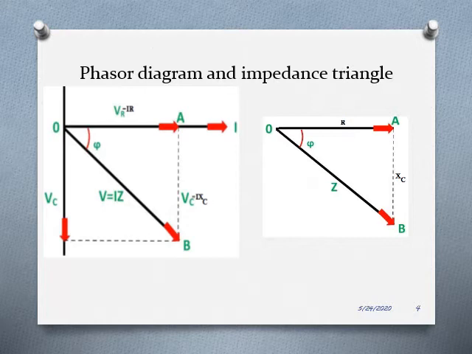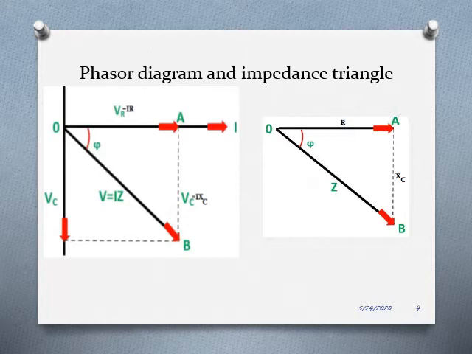We have already learned that in a capacitor, the voltage and current will be out of phase. In a capacitor, the current will be leading the voltage by an angle of 90 degrees, or you may say that the voltage will be lagging the current by an angle of 90 degrees. So the voltage Vc is drawn 90 degrees lagging from the current vector. That is, from the origin O, 90 degrees downwards we draw the voltage Vc.